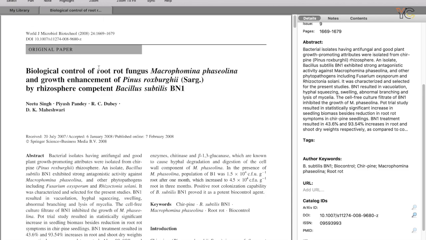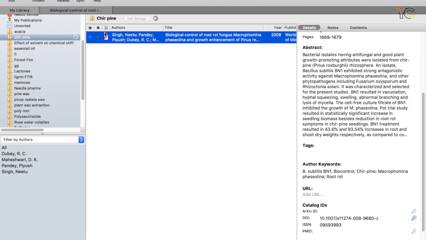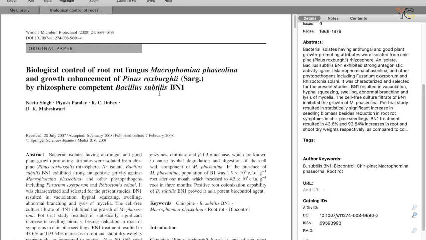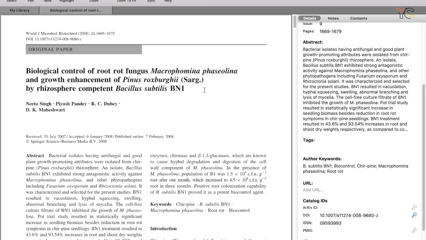Drag and drop here on the Mendeley, it creates its own library. So it will be present in Mendeley also. Once you click on My Library, you will find this and the PDF here. Now, this PDF feature